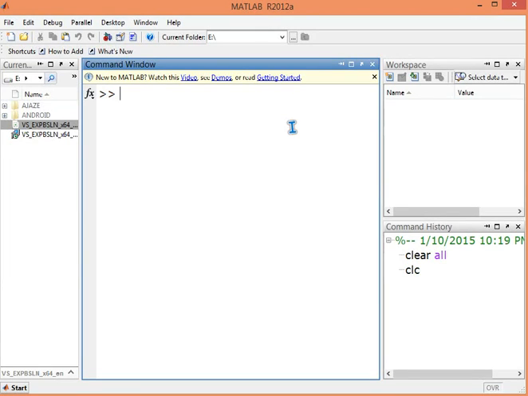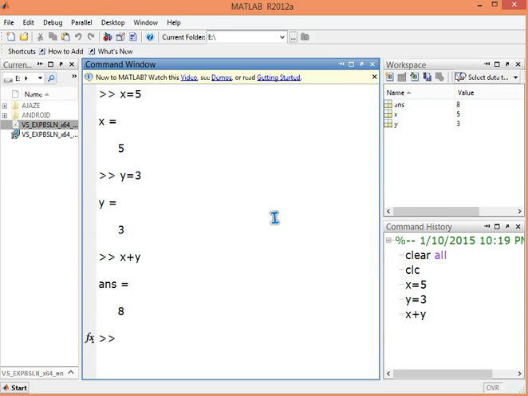Today we will talk about how to make a script and how to use the comprehensive help that is available in our MATLAB. So if we have a variable, say x equals 5, and another variable, say y, then if we wish to compute the addition of x and y, we will use this operation and we'll get the result.